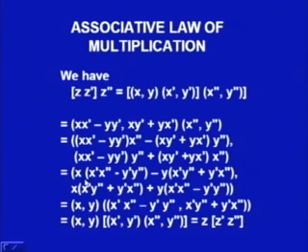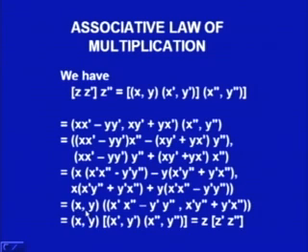So, we associate like this: x into x dash x double dash minus y dash y double dash minus y into x dash y double dash plus y dash x double dash as the real part, and the imaginary part will be x into x dash y double dash plus y dash x double dash plus y into x dash x double dash minus y dash y double dash,